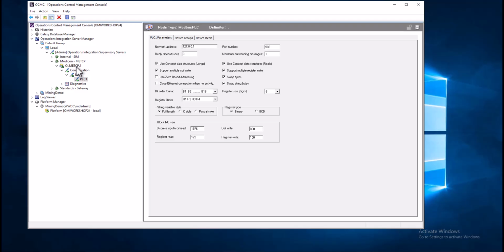If you already have some AVEVA OI drivers like the MBTCP or CIP, and you want to expose that data via OPC-UA, we're going to talk about how to do that. So in my setup here, I have an